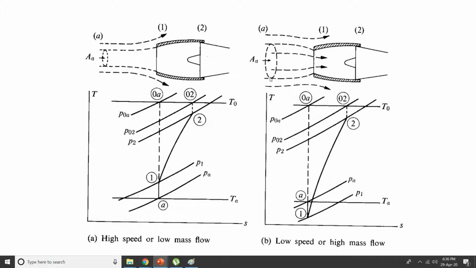Now you see the capture area is very big compared to the inlet area. So now this will act like a nozzle. So when it is coming from point A to 1, your velocity will increase, your pressure will decrease, and consequently temperature should decrease. So from A to 1, your pressure is decreasing. From 1 to 2 is your usual adiabatic compression. 1 to 2 is an adiabatic compression at a line of point P2.